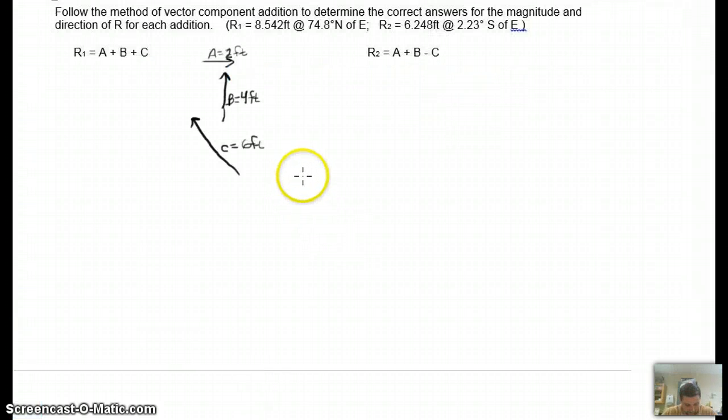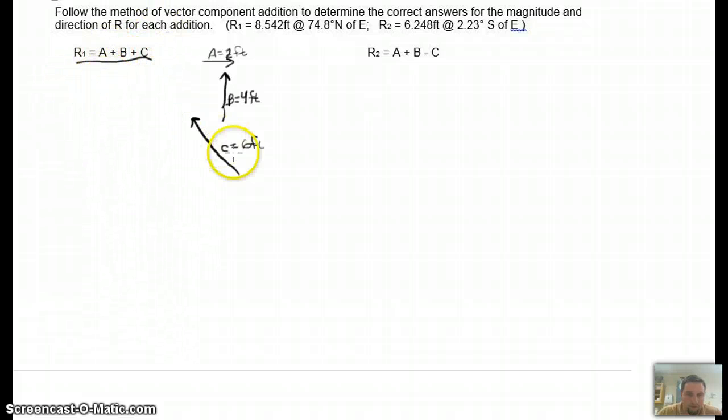Alright, we're going to be looking at the problem on the bottom of page 3, where we're going to be adding the vectors together mathematically. So you can see here that I drew out each of the vectors. A is 2 feet east, B is 4 feet north, and C is 6 feet at 45 degrees north of west. So when we find resultant 1, by finding the sum of all the vectors, A plus B plus C,